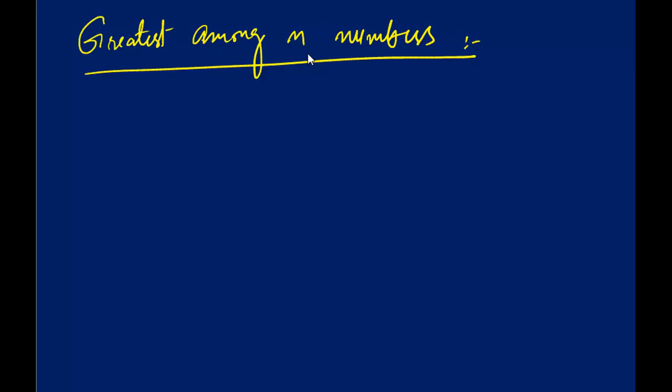Welcome back, viewers. In this tutorial we are going to find out greatest among n numbers. As in previous tutorials we have found greatest among two numbers, and greatest among three numbers also. Now we are going to find out greatest among n numbers. What about when n is 4, when we have to find greatest among four numbers, and greatest among 5